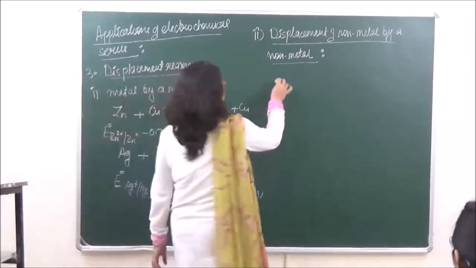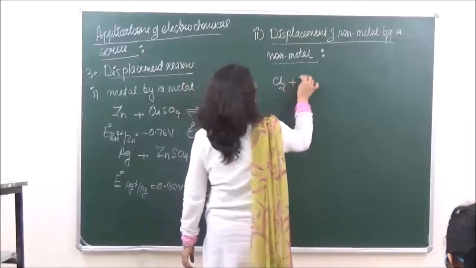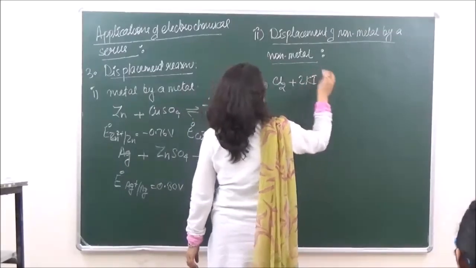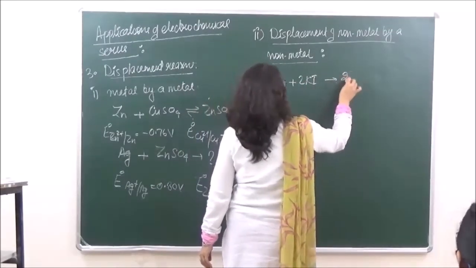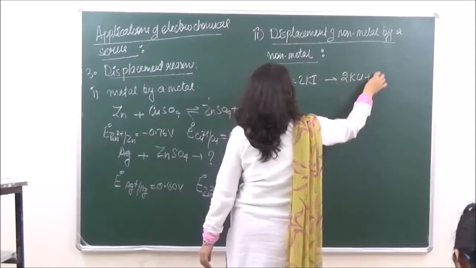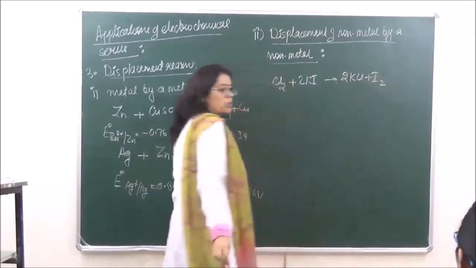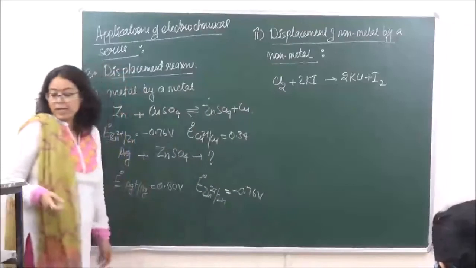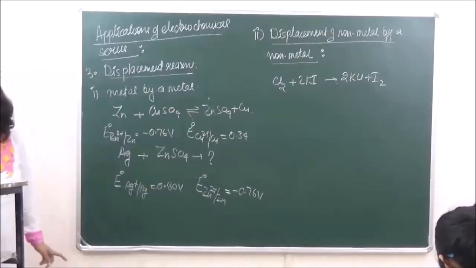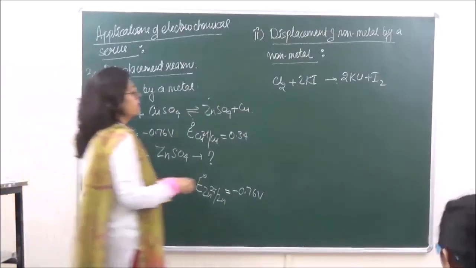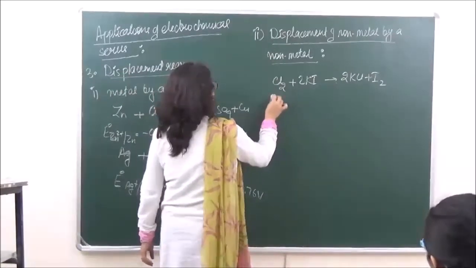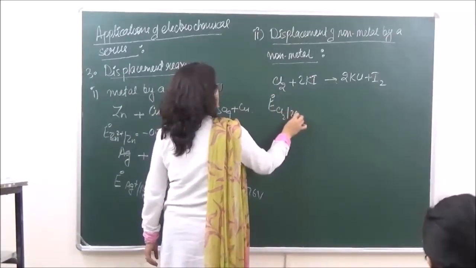We are taking one equation, Cl2 plus 2KI to give us 2KCl plus I2. Now if we are looking at the reduction potential values, the value for chlorine